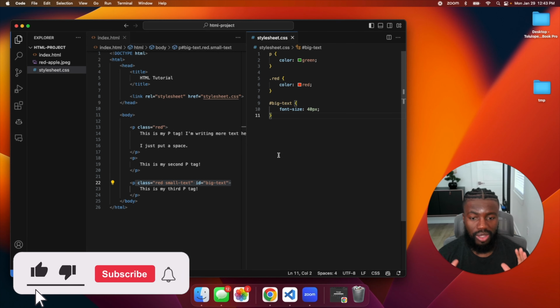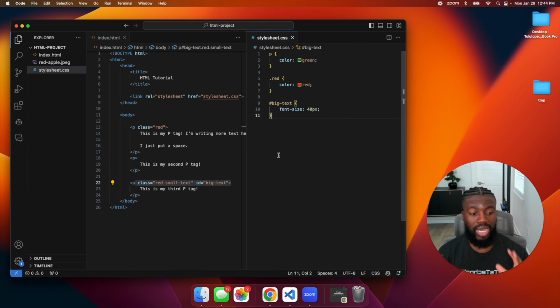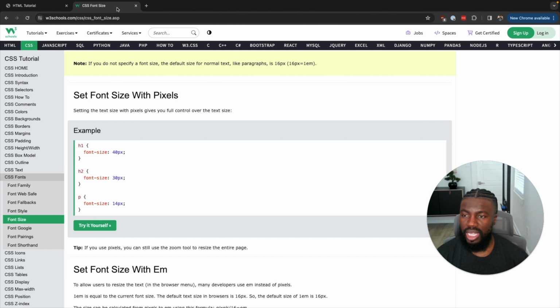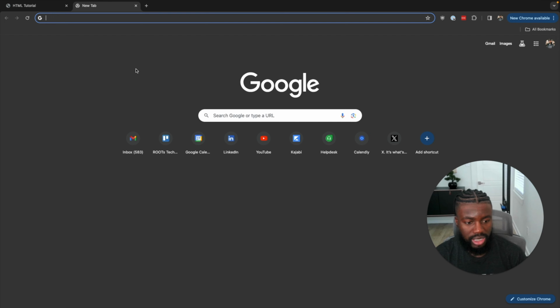All right, so now let's talk about a very important concept in CSS, and that is the box model. This concept of the box model where every element is a box that has certain properties. So if we go to our web page and let's just open up a new tab and let's look up